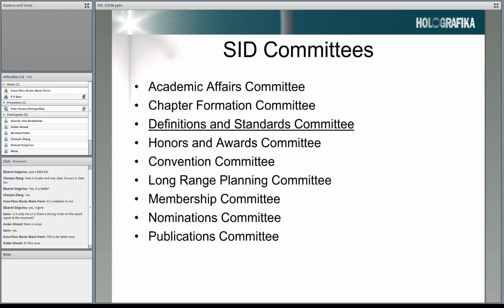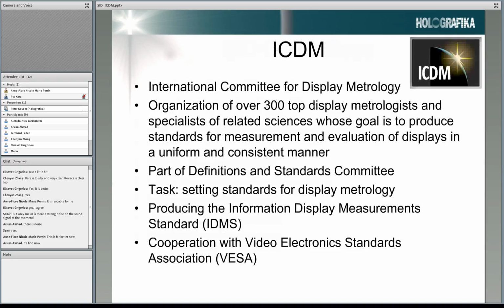So about the other committees, which gives you an overview of what other activities the SID is having. So there are academic efforts, chapter formation, the definitions and standards, which I mentioned, honors and awards, conventions, long-range planning, membership nominations, and publications. So this is just for giving you the overall picture, but we will focus on the definitions and standards committee, part of which is the International Committee for Display Metrology, ICDM,